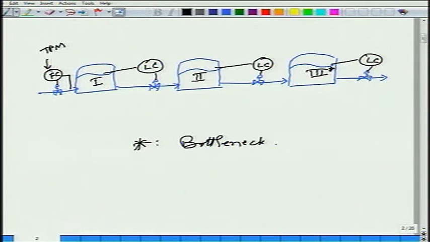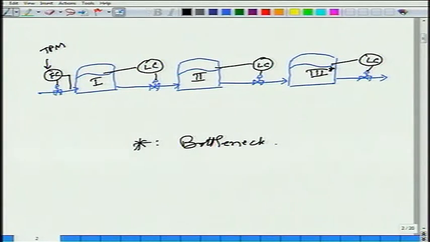So the operator will increase the throughput set point. Okay. Unit 3 will approach its maximum capacity limit. Okay. If I look at the flows down this train, the feed flow to unit 1 is under flow control. So what do you expect the flow here to be? It will be constant, because the flow controller will not allow the flow to deviate at all. Yes or no? Now in unit 1 there are disturbances that are occurring.